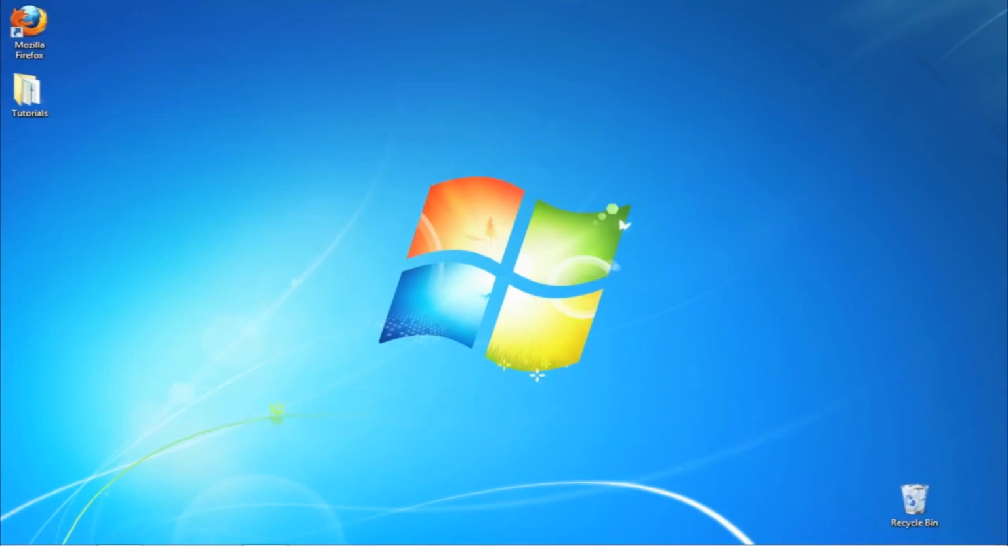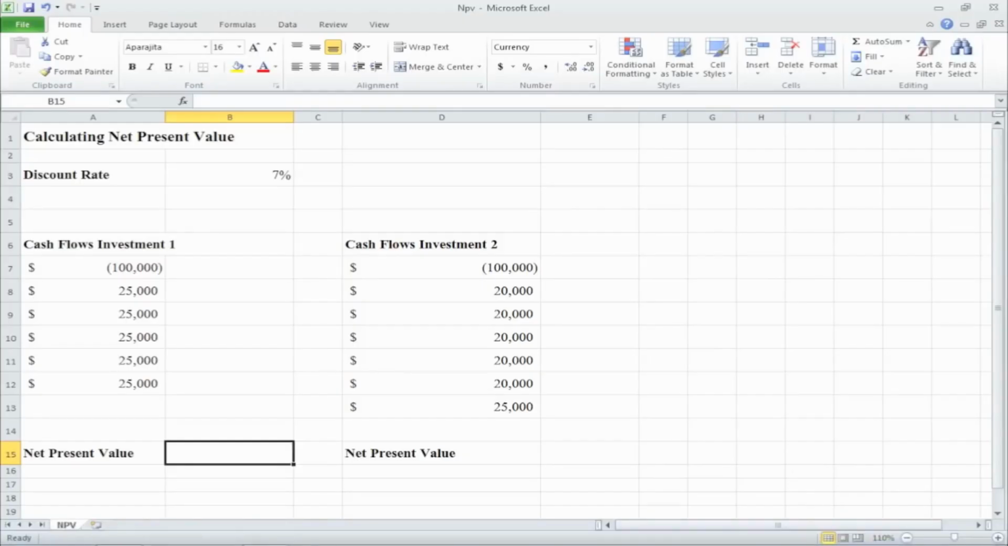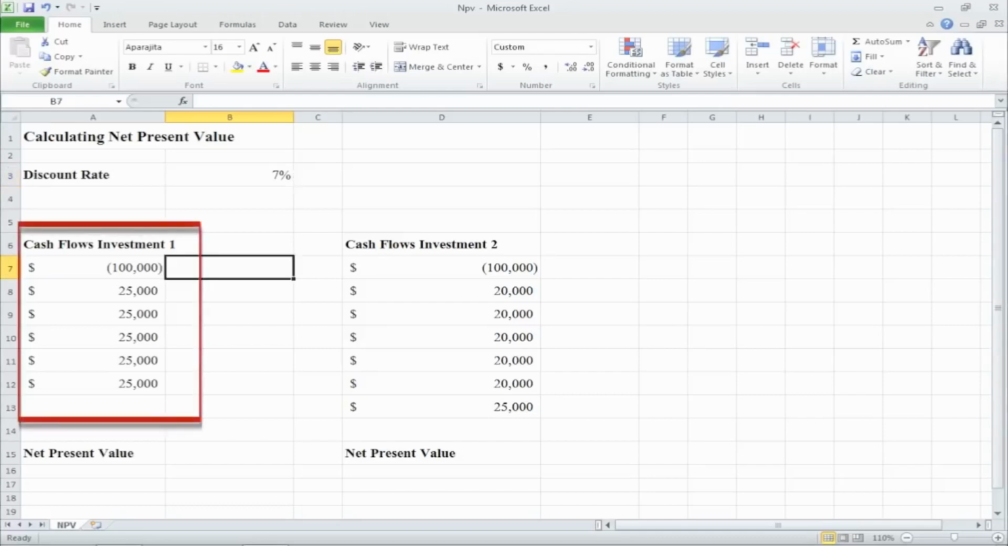First, let's take a look at the discount rate. This is the amount of income that you can receive from a guaranteed investment, as a US Treasury bill, for instance. Now, for the range of values, let's say you have two investment options in front of you, each with